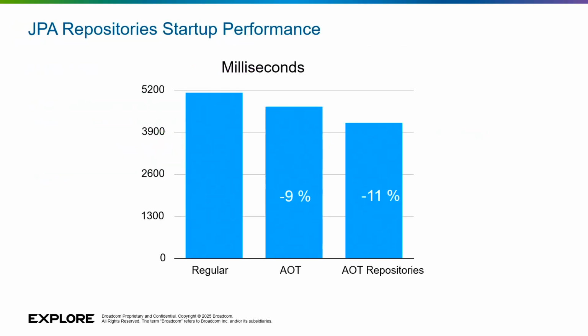Okay. So we talked about the startup performance. You can see this is regular, no AOT, just dynamic Spring running. A 5-second startup, I think. Then AOT, not the repository support, just the stuff we already had built in, is an improvement of 9%. And then AOT repositories, 11%. It sounds like I'm excited about it, like it's going to be down to 1,300, but it looks like just a small improvement. That's the way it is whenever you add AOT to something: you get a big hit doing something simple, but then if you want to get it faster and faster, you've got to